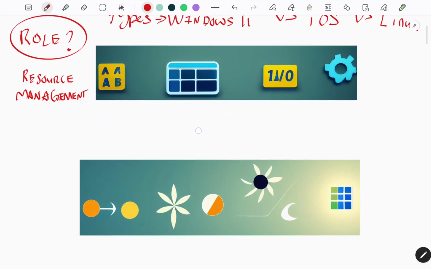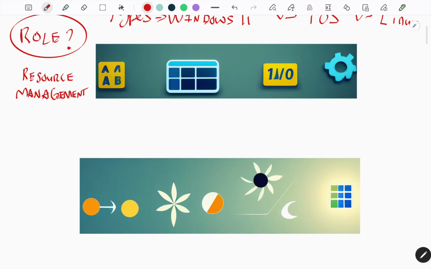Okay, the first one is resource management. Very simple, just the hardware only. Actually these 3 rows are interrelated, we will see later. Interrelated means they are connected. So the second row here is what we have, the